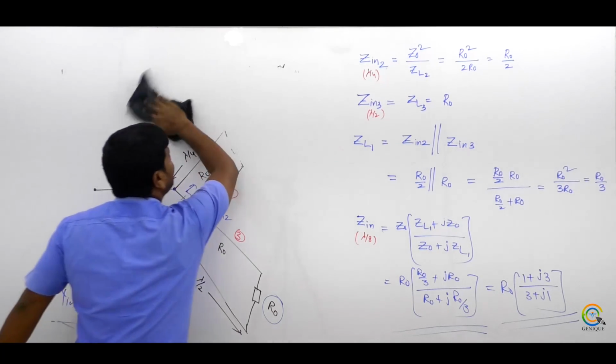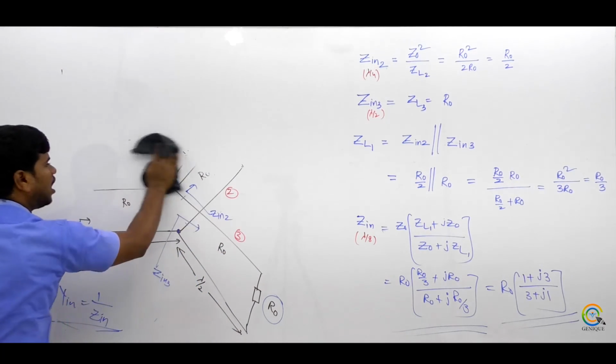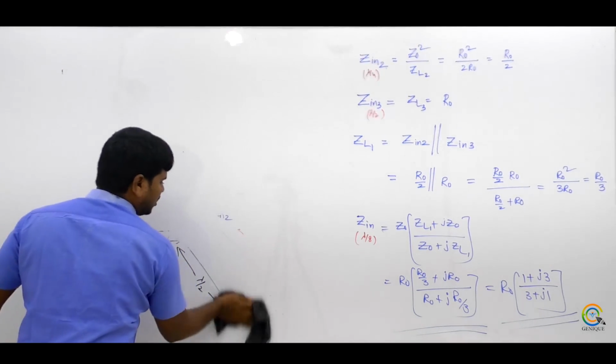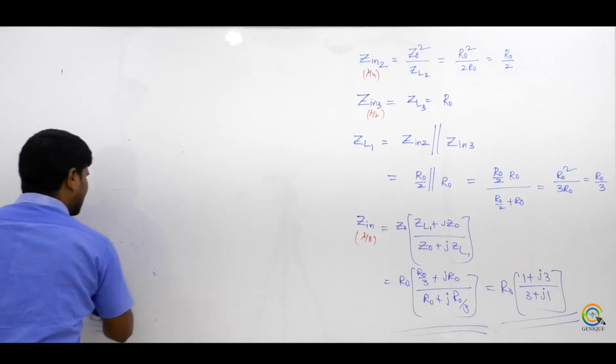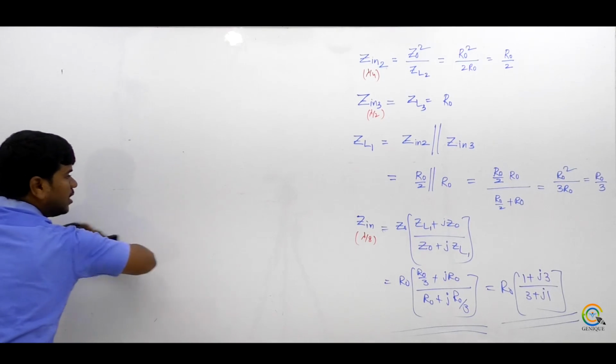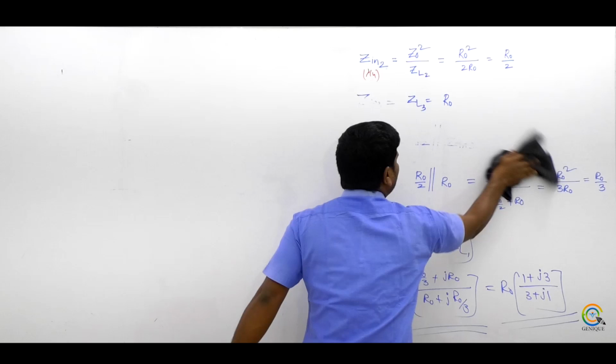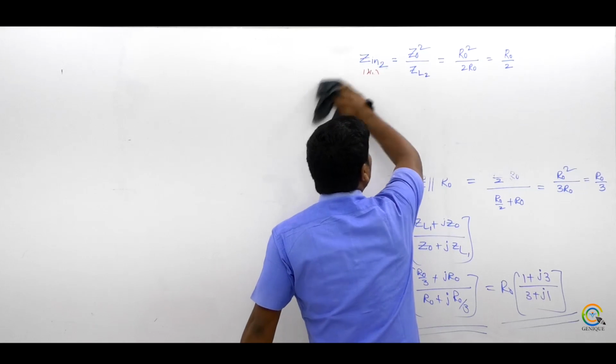Always, the input impedance is dependent on the length of the line, so you cannot take your own